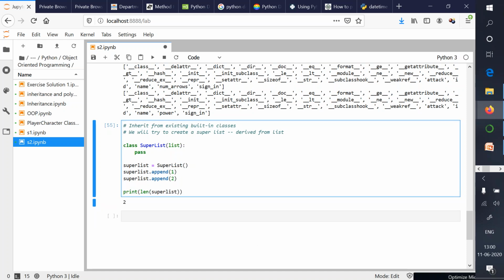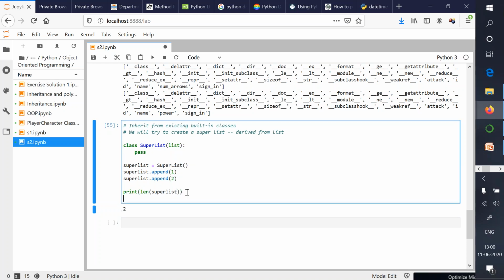Now here you also see length, how the length method has been implemented on super list. It is returning the length.